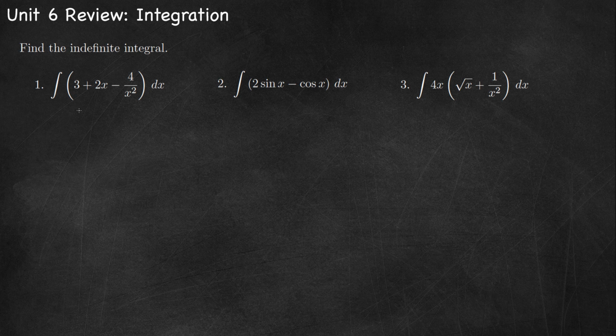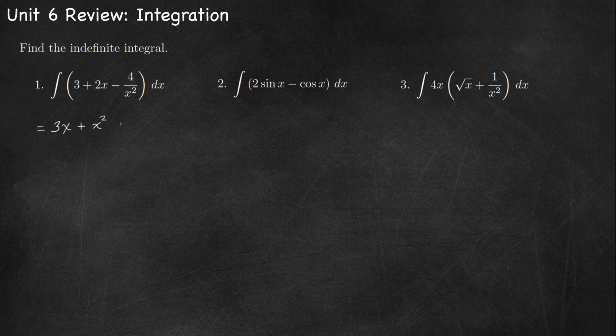So we start by finding the antiderivative of 3, and then we'll do so for each term. The antiderivative of 3 with respect to x is 3x. The antiderivative for 2x, we're going to use our power rule where we add 1 to the exponent and then divide by the new exponent. So the 2 is a constant multiple, that stays there, so it's 2x squared divided by 2, which simplifies to